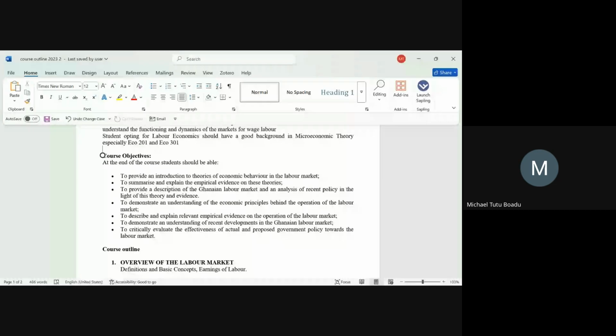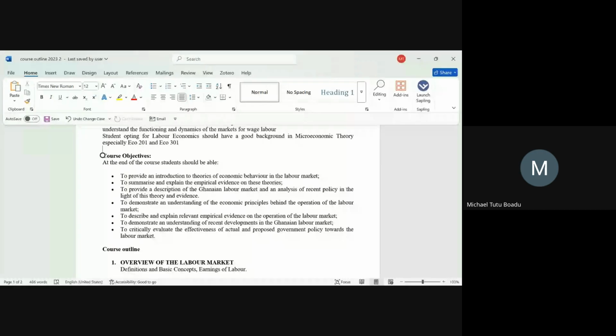Then to also demonstrate an understanding of the economic principles behind the operation of the labor market. What economic principle is helping us to explain or understand how the labor market operates? You should also be able to describe and explain relevant empirical evidence on the operations of the labor market. Then to demonstrate an understanding of recent developments in the Ghanaian labor market. And finally,